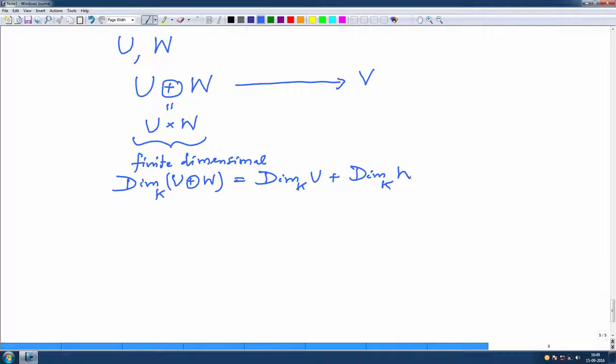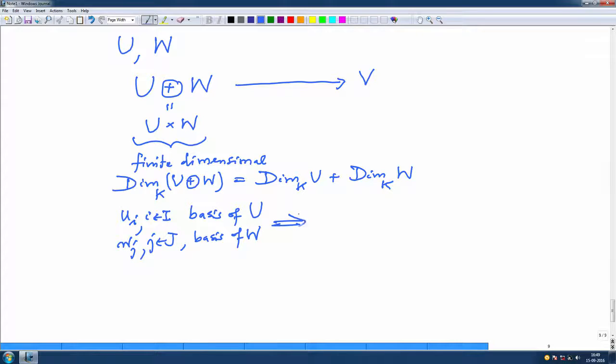What one does is take a basis of U and take a basis of W and look at the new set, putting in the first component the basis element of U and the second component 0, and the other way. So, what I am saying is the following: if Ui, i in I, is a basis of U, Wj, j in J, a basis of W,